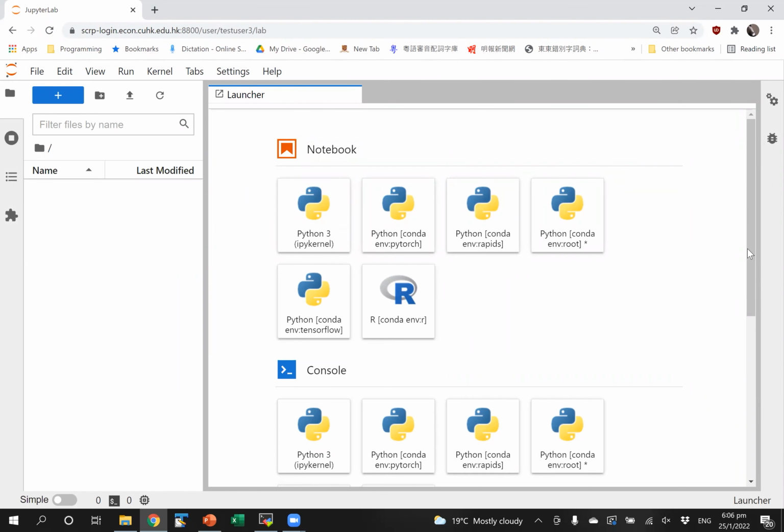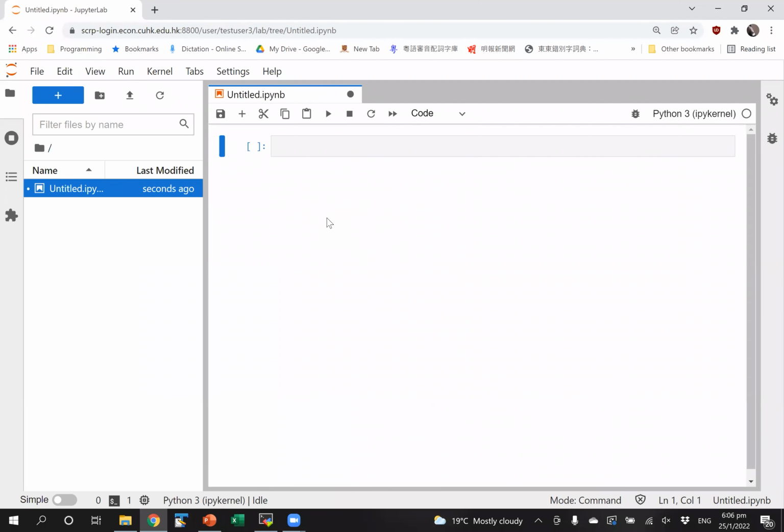Stata 17 provides a way for you to access data through Python. What we'll be doing is that we're going to start a Python notebook. With this Python notebook, we're going to connect to Stata. This is a Python environment, so we're really running Python, but we're going to use Python to connect to Stata. The first step is to import Stata